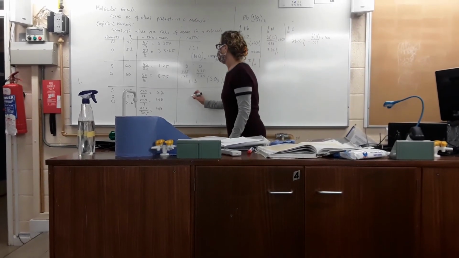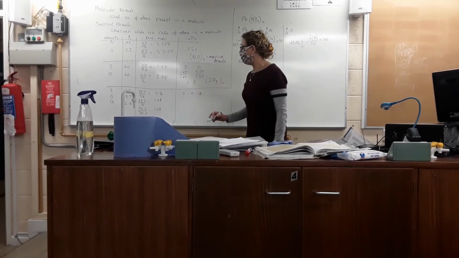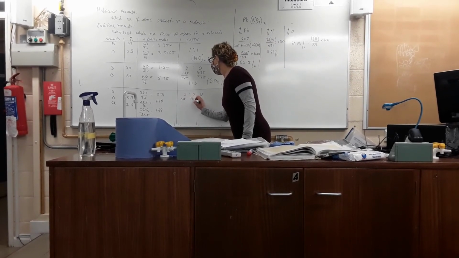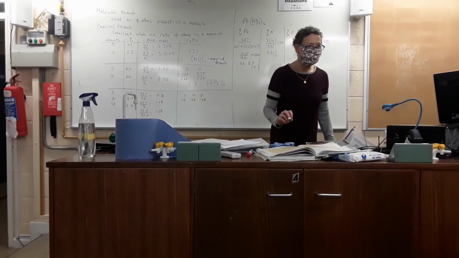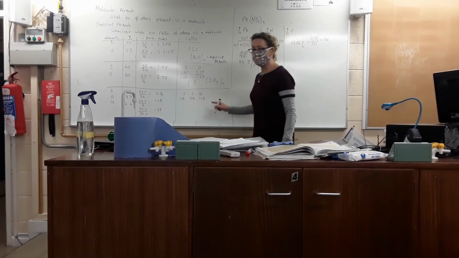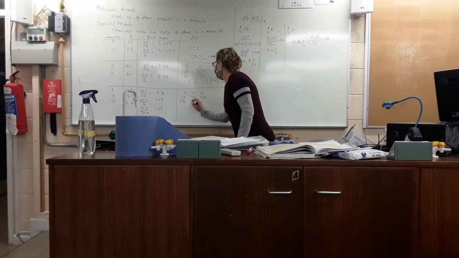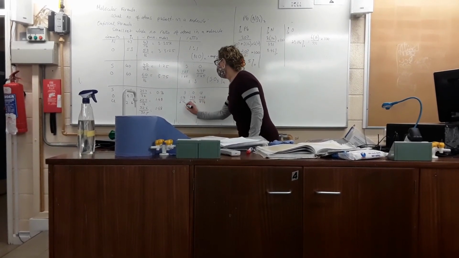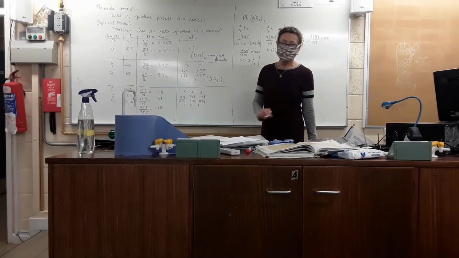So what have I got? Sulfur to oxygen to chlorine. And I've got 0.74, 1.48 and 1.48. So I take the smallest one of them, which is 0.74, and divide each of them by that number. So 0.74 is the smallest. And this will go in once, twice, twice. That's clear. So I've got